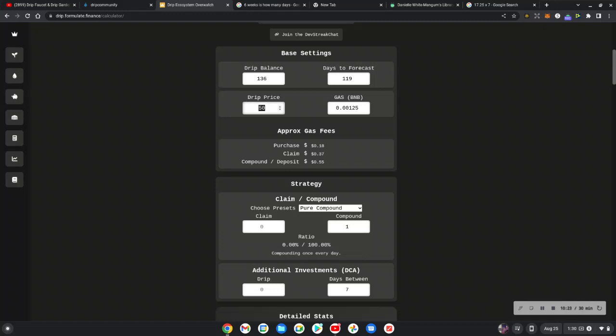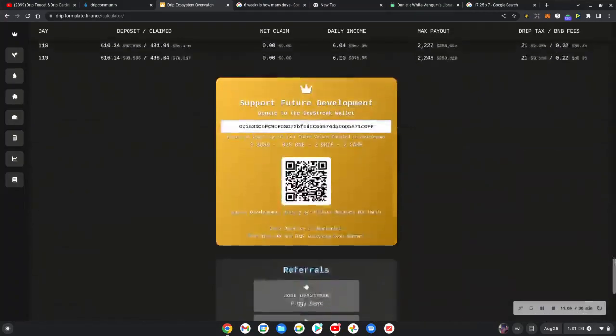So what if this went back to one? I bought drip at 160. I bought two at 160. What if it went back to 160? Woo, Lord. And it went back to 160. I probably had more drip than this. If it went back to 160, I would have, let me say, I probably have over 200 drip by then. Let's say I have 200 drip and it went back to 160, and I did it to the end of the year. Look how much that would be for me.